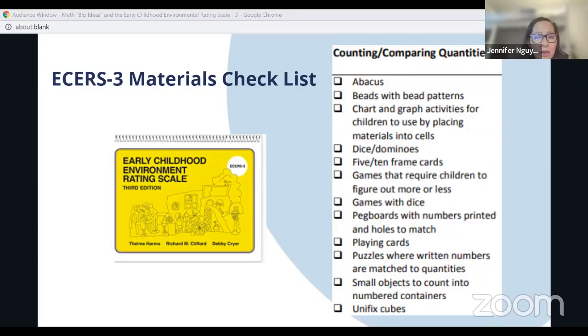And I know you're all thinking, oh gosh, you can do math during snack time. You can do math during gross motor time. You can do math all throughout the day in all the learning environments. And yes, you're totally right. So the math and daily events, item 24 in ECERS, will address how to do math with non-math materials. And that's something that they are looking for.